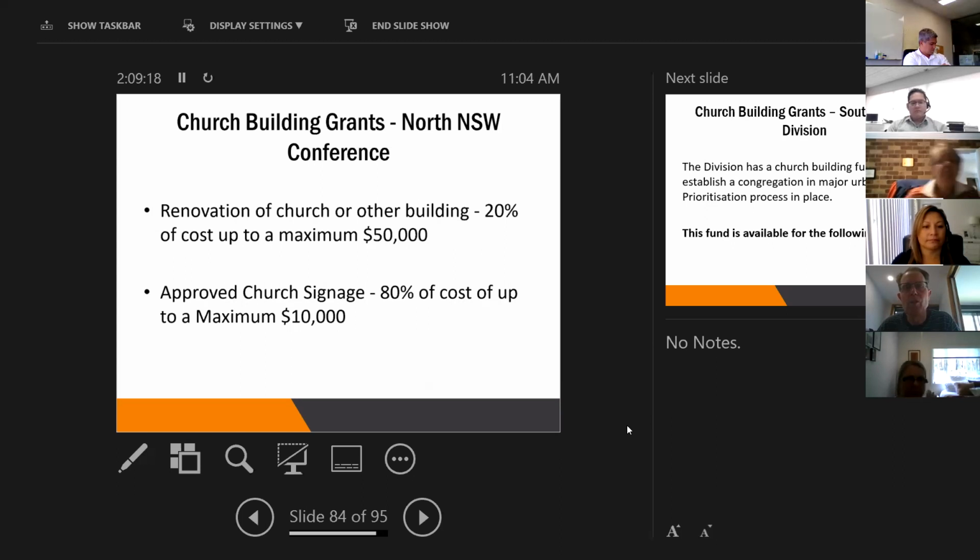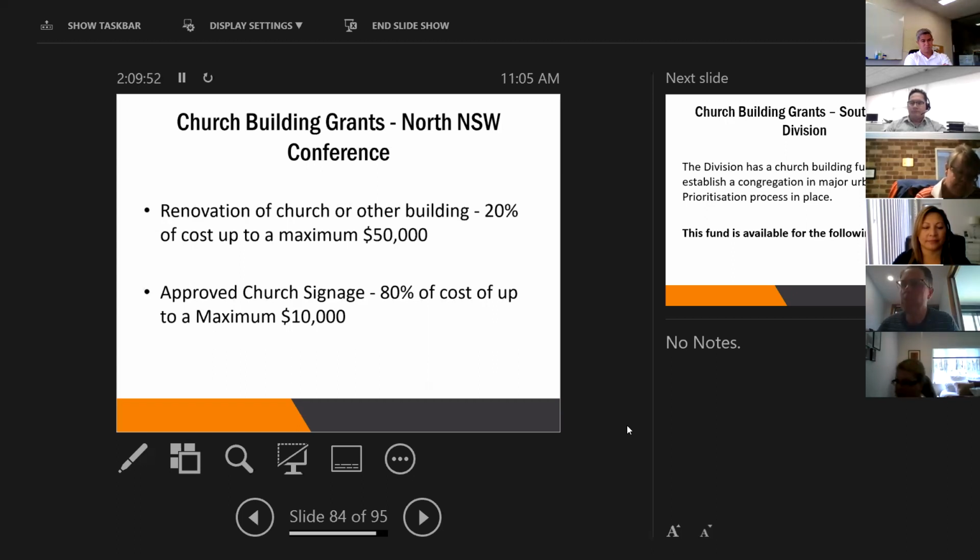And it also does provide assistance for church signage. The condition on the church signage is, of course, that it must comply with the church signage guidelines. So if you just want to make up your own sign and stick it out the front, you probably won't be very successful under this strategy. But if you're going to have the nice orange logo one with all the compliance with the church logo and everything like that, we can assist you with grants of up to 80% of the cost of that church signage, up to a cap of